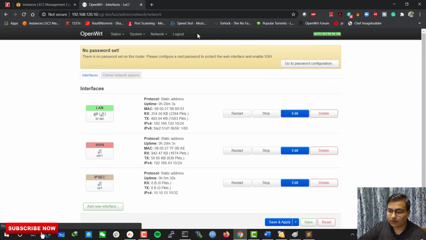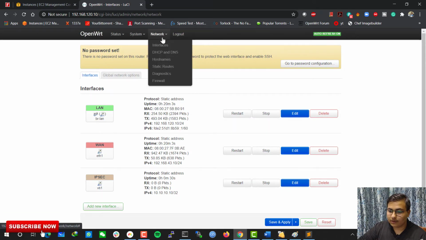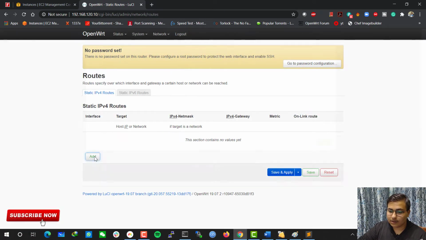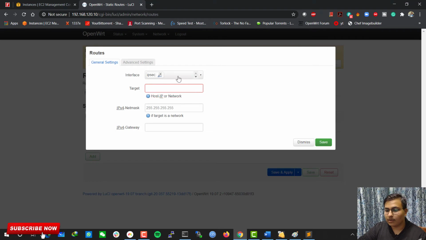Now what we need to do is static routing. Just hit the add button and type your IP. In my case it's 172.31.0.0 and the netmask is 255.255.252.0.